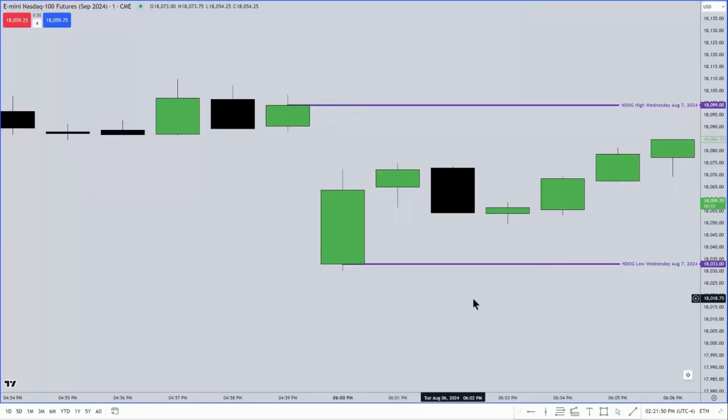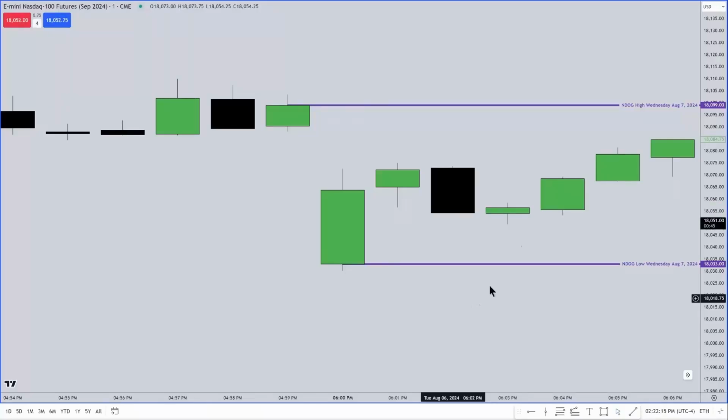And that's kind of like your life cycle for new day opening gaps. New week opening gaps go back with a life cycle of 5 weeks. So you're always going to have 5 weeks of new week opening gap. And a new week opening gap is where we stop trading on Friday at 5 o'clock and then where we open up on Sunday at 6 p.m.